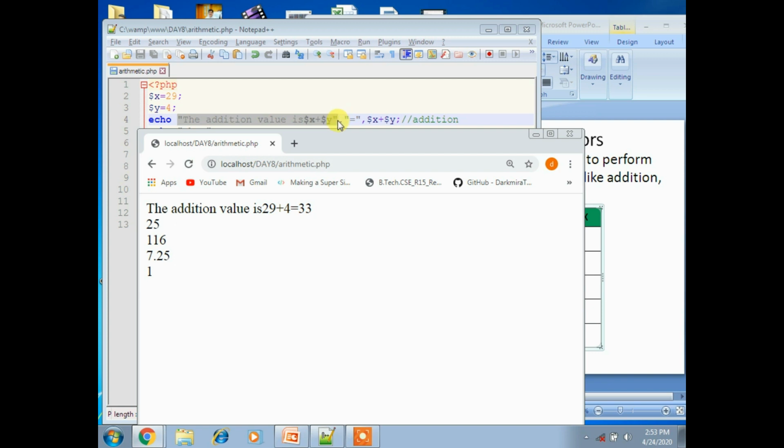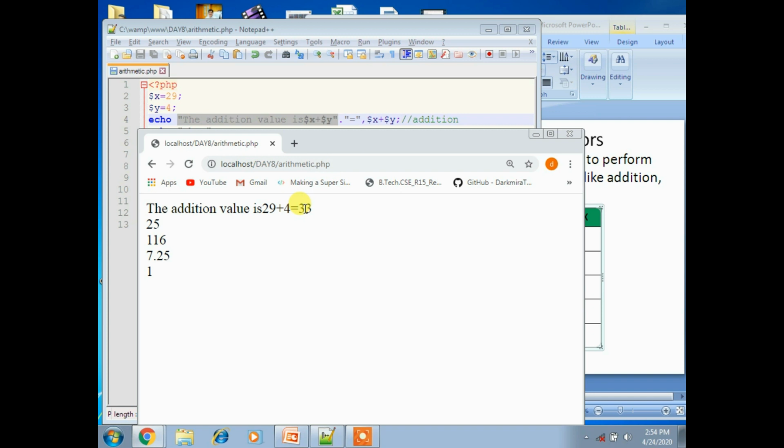I used one statement up to 29 plus 4, that is, the addition value is 29 plus 4 is, as one string. Then dot concatenates the second one, equal to. Then the value you have, $x plus $y, which has the expression value, so it gives 33.